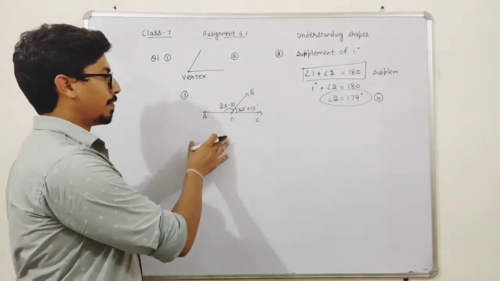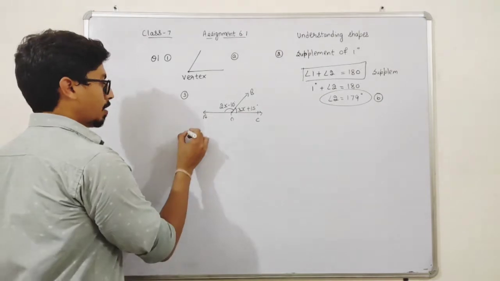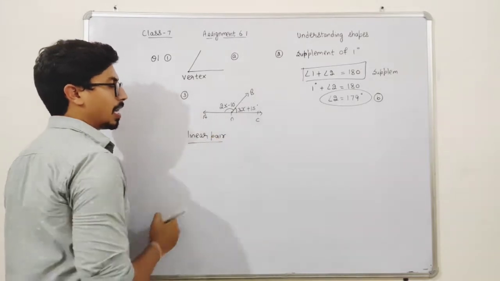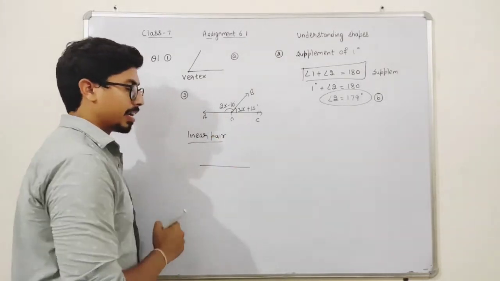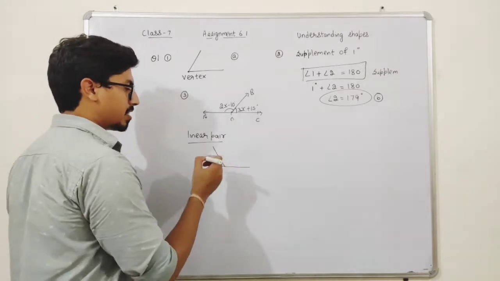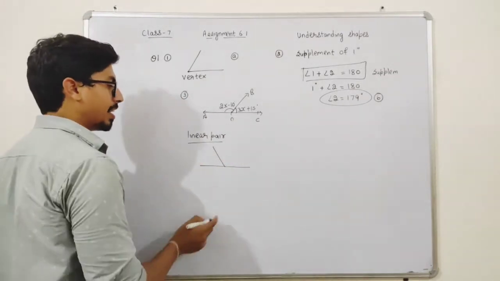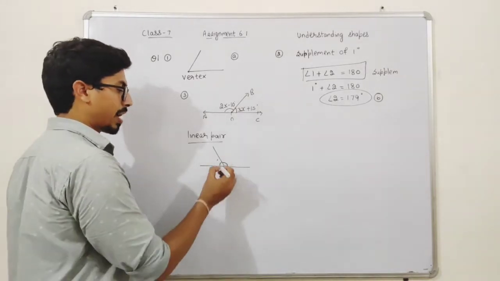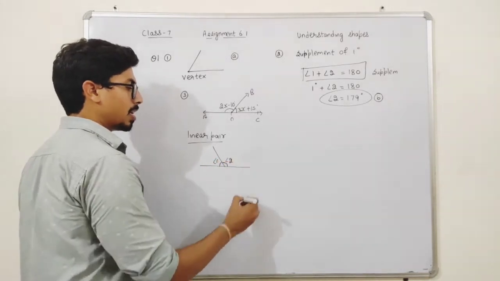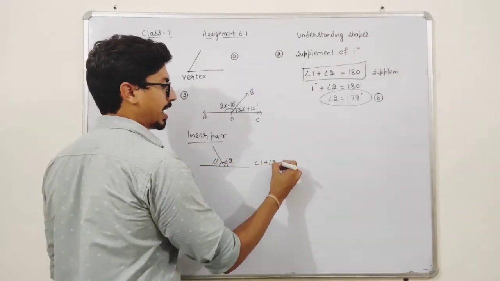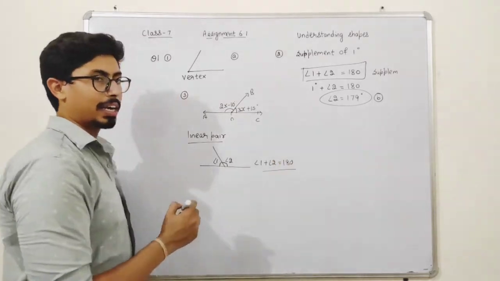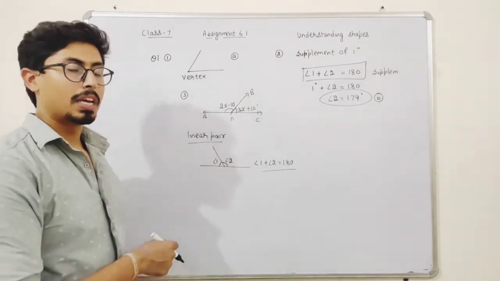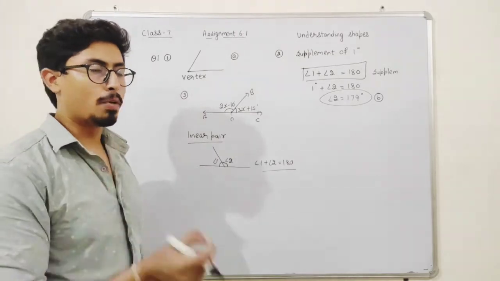Students, first of all, we will discuss the concept of linear pair. See, linear pair is if I take a straight line and a ray is just cutting that given line. If I take this angle and this angle, this line should be a straight line. So angle 1 is here and angle 2 is here. So angle 1 plus angle 2 is equal to 180 degree. Linear pair says that if I take a straight line and cut that straight line, the angles formed will have a sum of 180 degree.